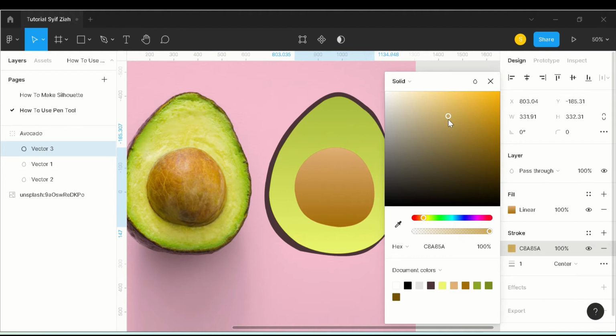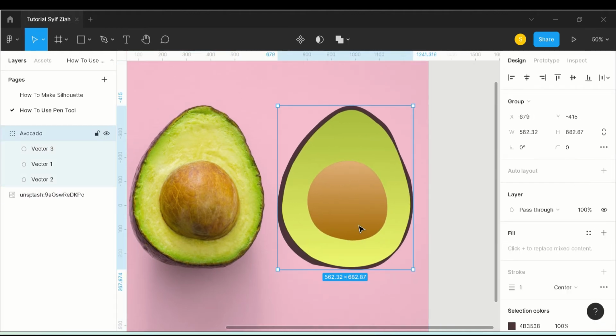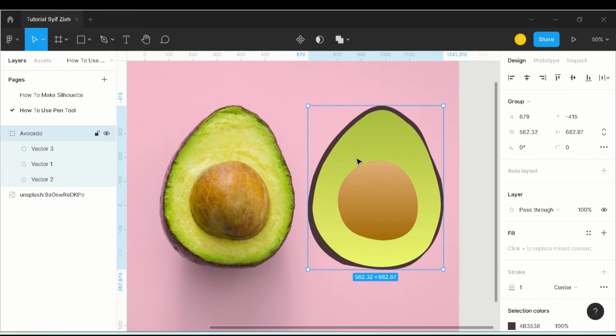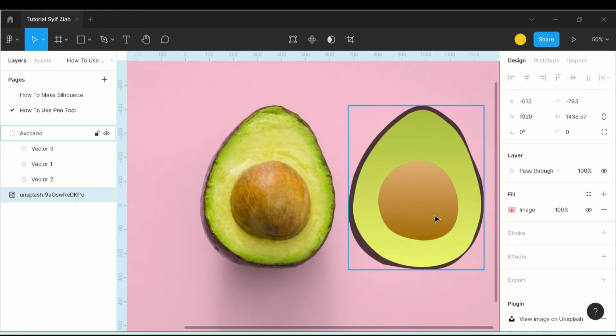And like me too, I'm still a beginner and I'm still learning about illustration like this. Okay. Yeah, we just try to make it kinda similar to the real picture.